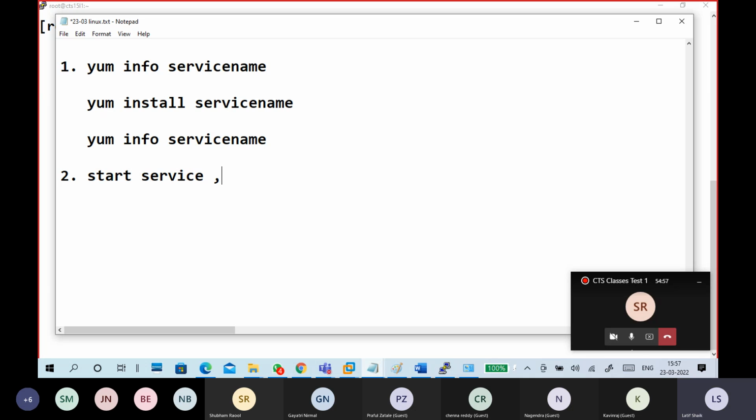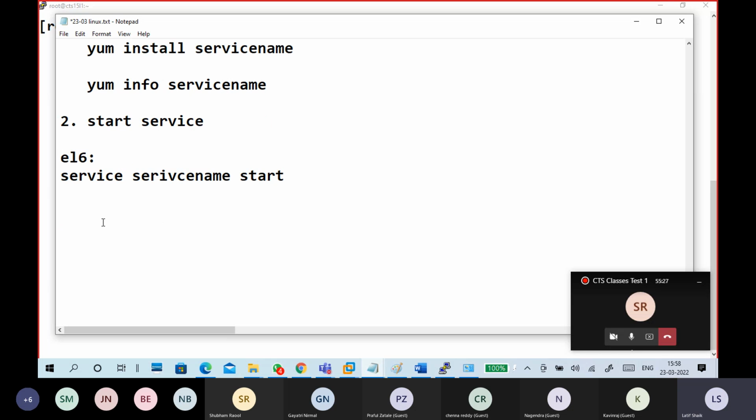Remember, guys, if you are using Enterprise Linux 6 version, like CentOS 6, Red Hat 6, command is like this: service, your service name. Compulsory must know what the service name is. HTTPD, FTPD, VSFTPD, like that. The service names are like that. Start the service.